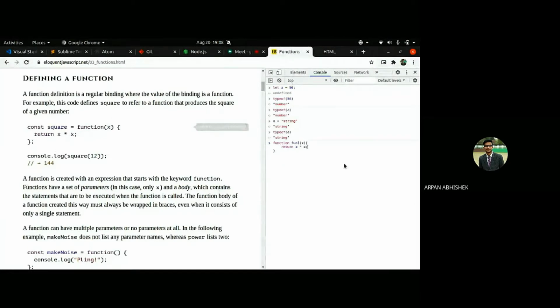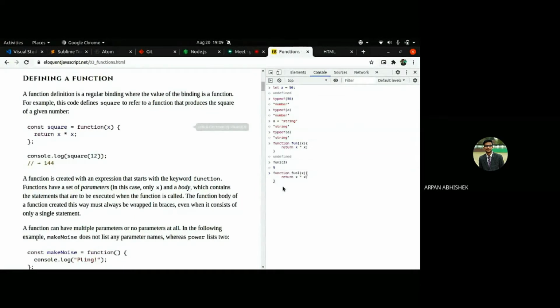Okay, so yeah, this is one way to define a function. And to check it, fun1 should return the square of the argument passed, right?